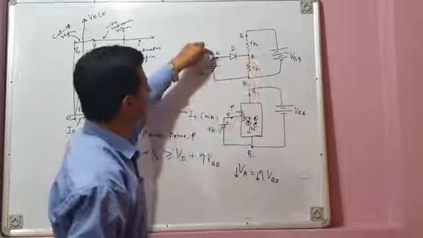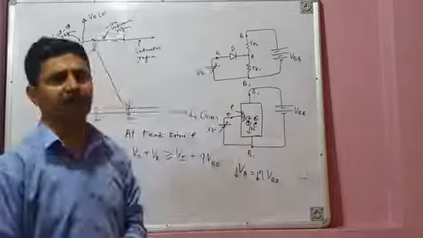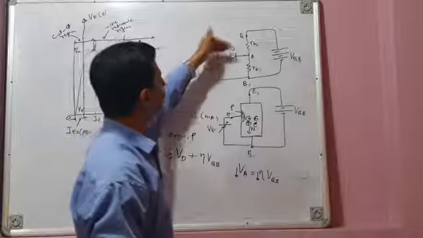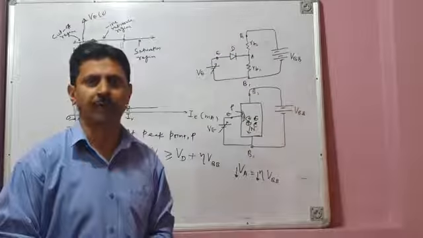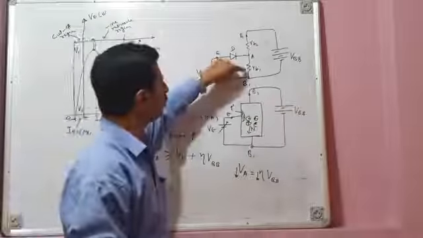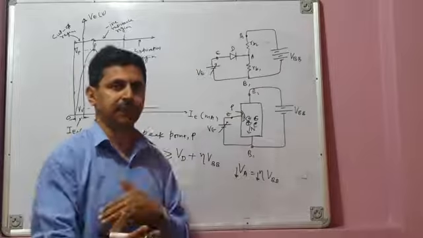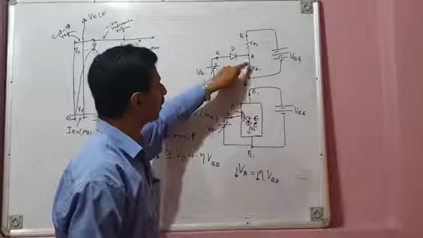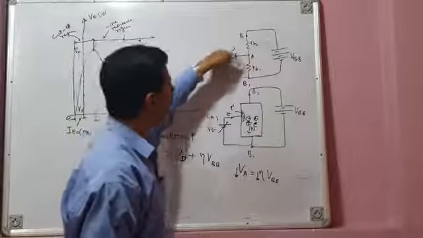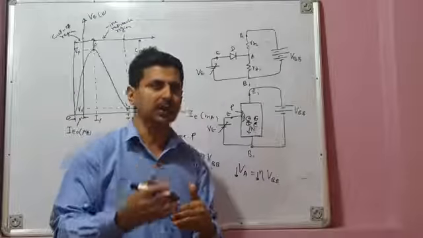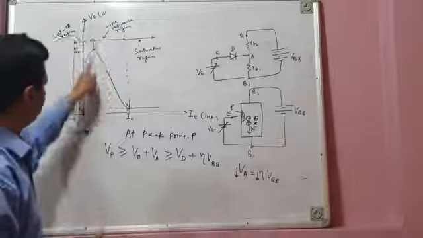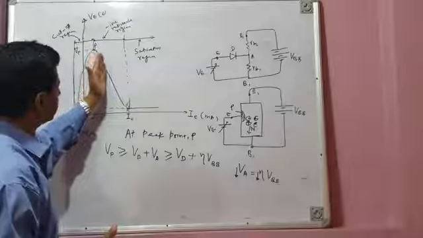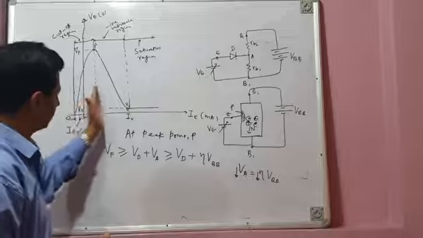So since VA decreases, VE becomes more positive than VA. So the forward bias across this PN junction further increases. That causes more injection of holes and more flow of current. And more injection of holes means this RB1 further decreases and current further increases. And further decrease of RB1 causes further decrease in VA, more forward bias, and this goes on. So that means beyond point P, that is peak point, what happens? The current drastically increases. You can see the current increases, emitter current.